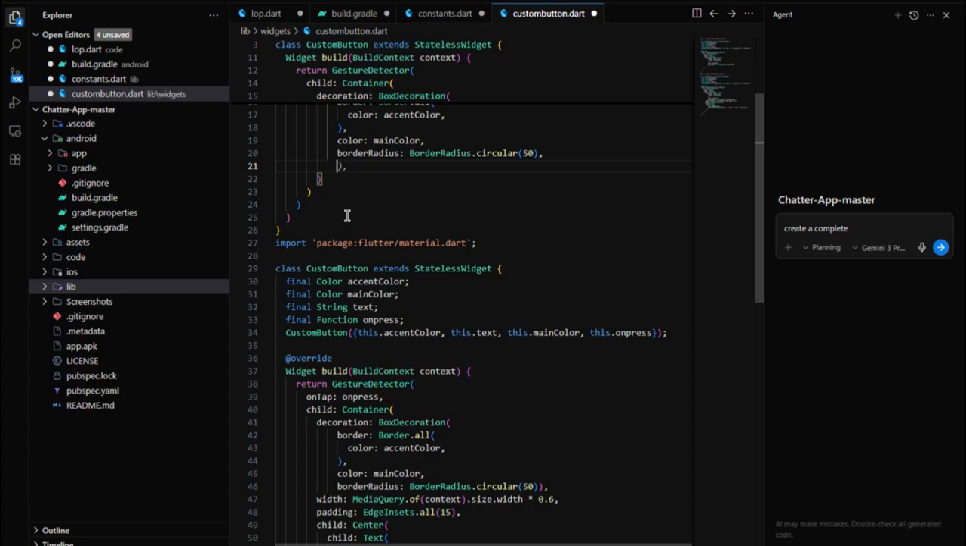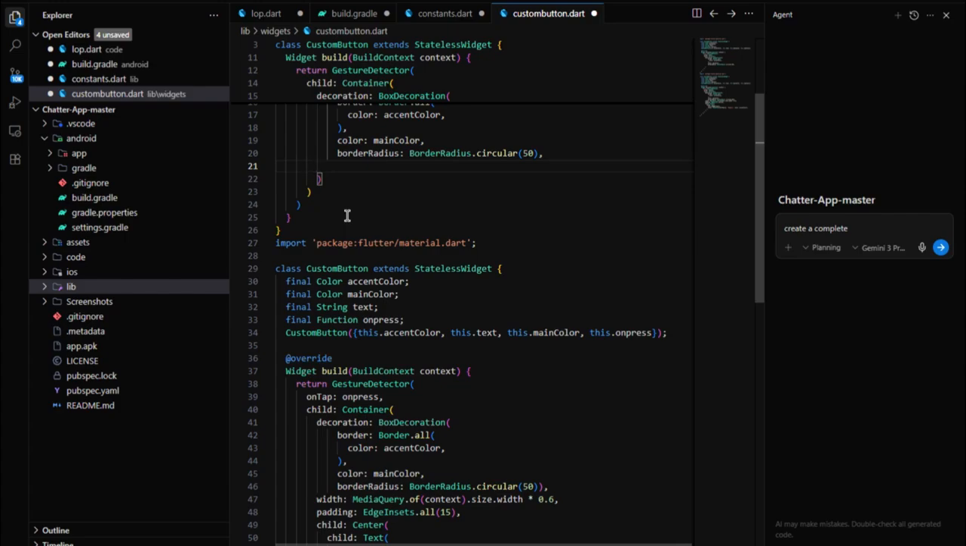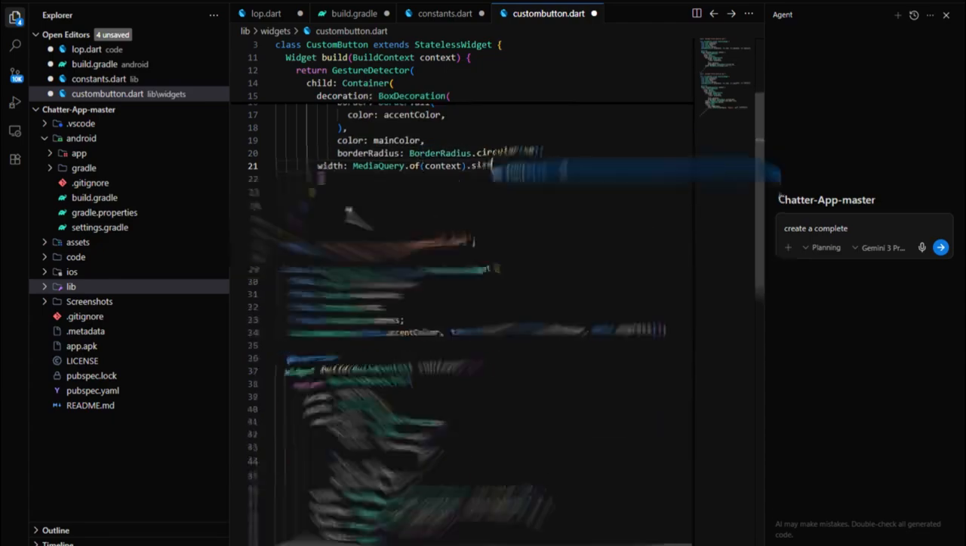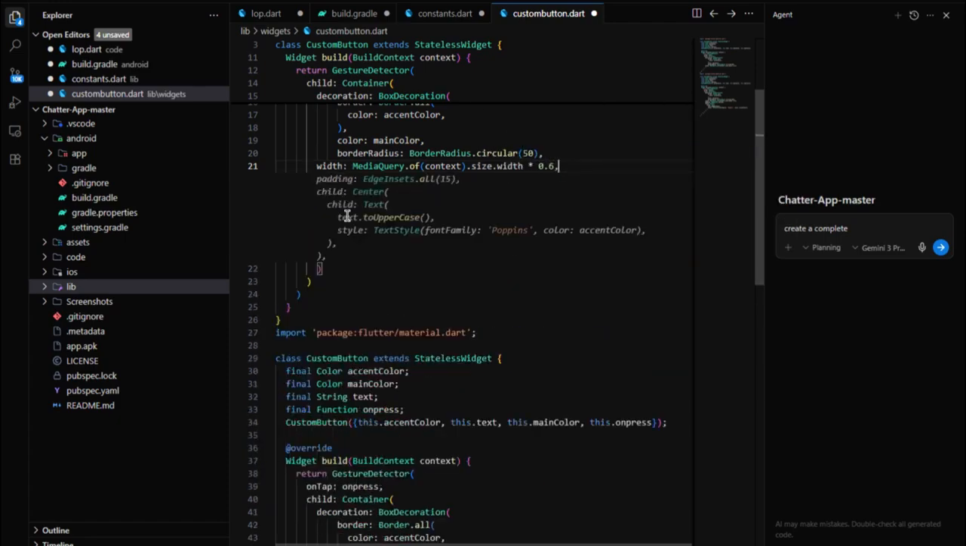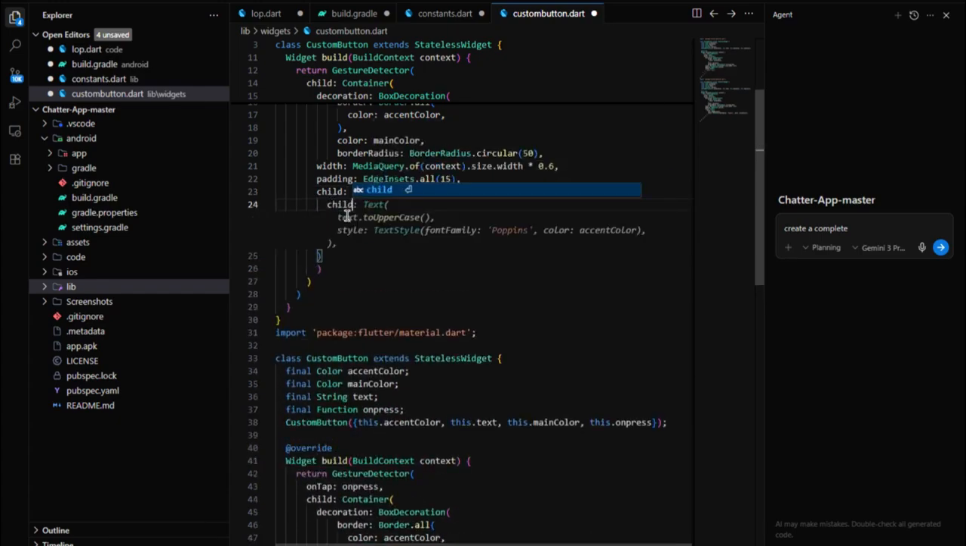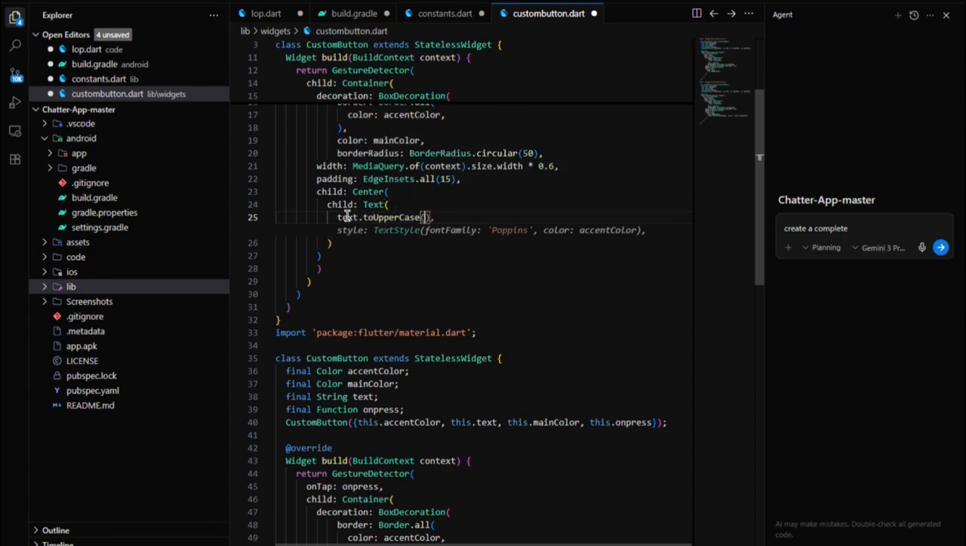Now some of the work is left. When we write border radius like this, we need to press backspace and write this, sorry, border radius, and then define width media query of context dot size dot width 0.6, comma, then define padding, edge insets dot all, and inside of it define 15. Child, and then define here center, and then enter, then child text, define here text dot to uppercase, define style text style, define font family should be Poppins,